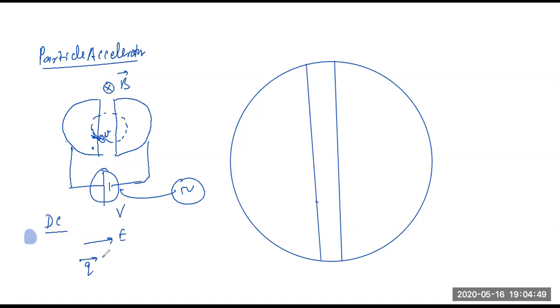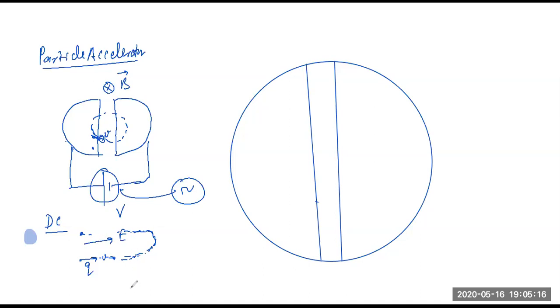The charge is moving with velocity v. So the charge will get dragged in this direction. First of all, qvB is there, so it will get tilted. And it will not be a circle because it's getting dragged by qE also. But the moment it takes a turn, E will act opposite to it and its velocity will again decrease. And when it reaches here, there will be no gain.